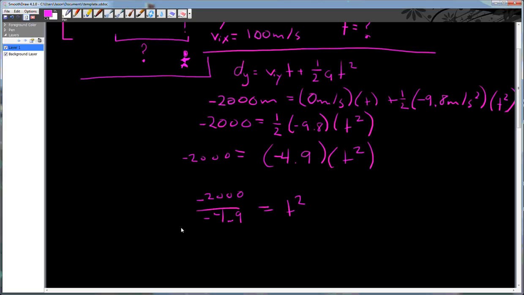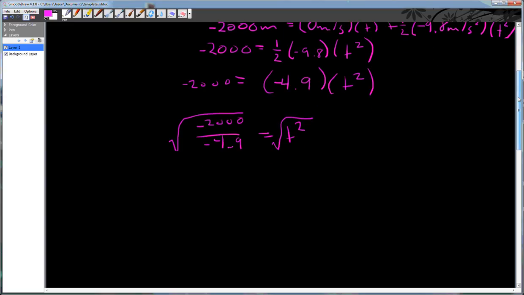Then we're going to have to take the square root of both sides to get rid of that square. And so we get the square root of 2,000 divided by 4.9. Since they're both negative, that negative cancels out. Equals t equals,